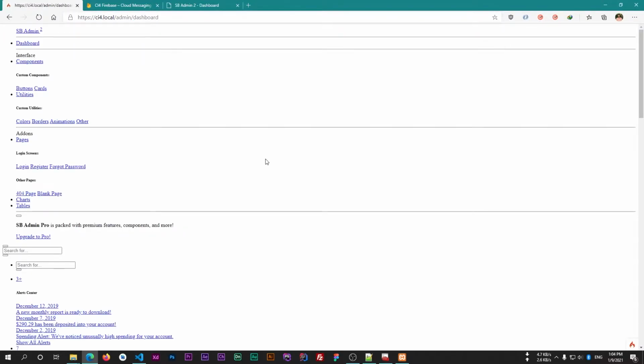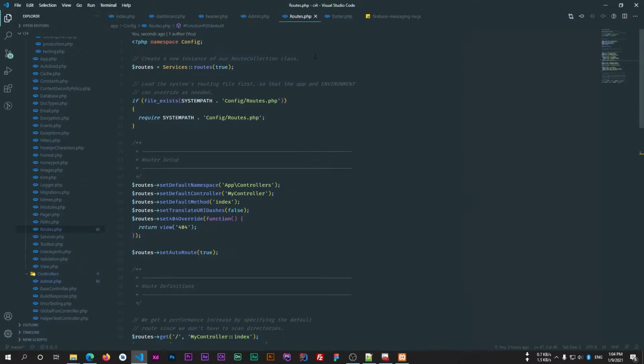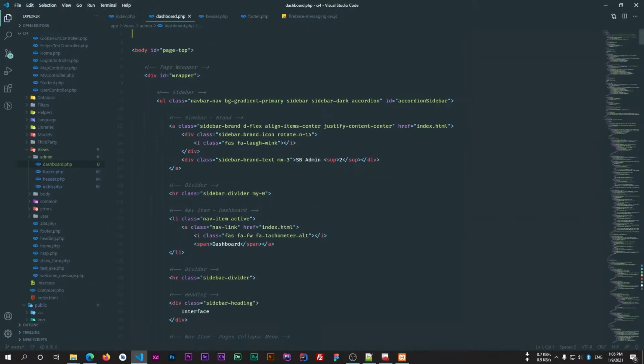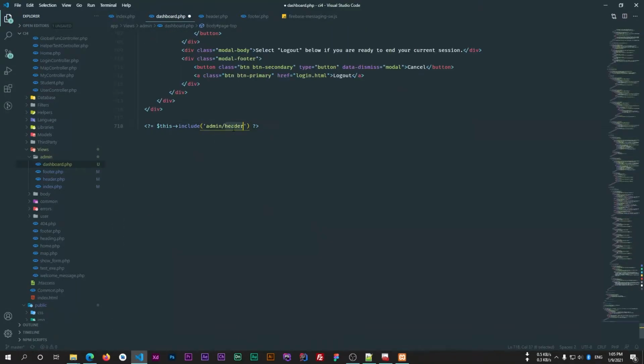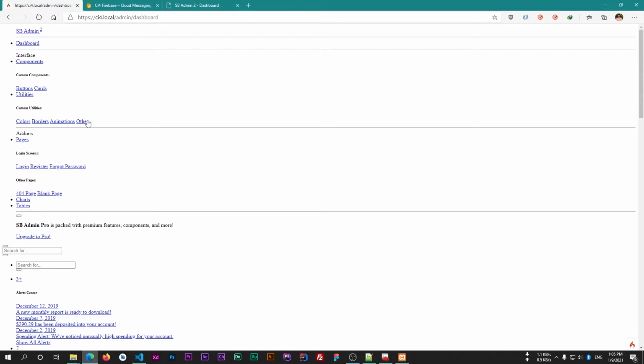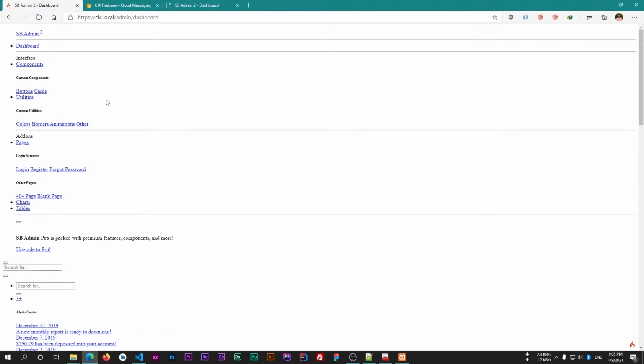So now I have to include the header and footer. So I'll include this using include function, and I'll pass the name of our header file, and the same I'll include the footer at the bottom of the page. Now save the file and reload the web page. Okay, so header is linked up, but the view is not loaded properly because we have to fix the assets